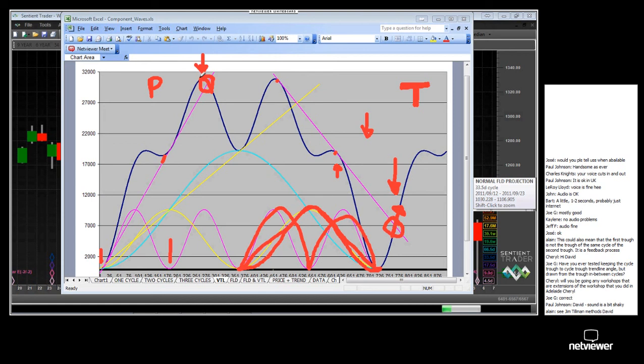And at this point where price crosses the VTL, we are provided with evidence that there was a peak in price. A peak of what cycle, you might ask? Well, it is the cycle 1 longer than the pink cycle. The cycle 1 longer than the pink cycle is, again, the yellow cycle. And therefore, we can say with confidence that this point over here, which I've not covered,